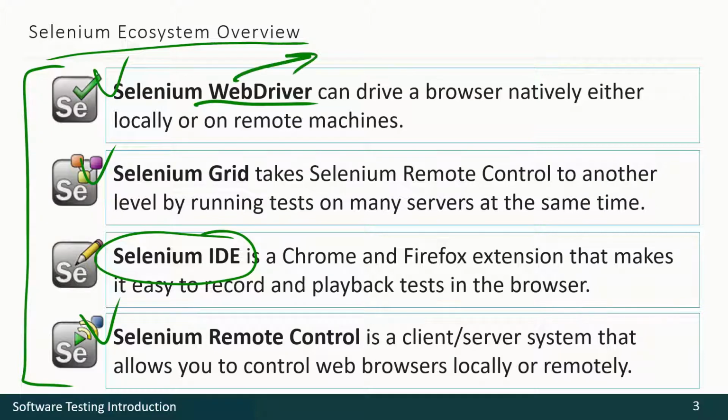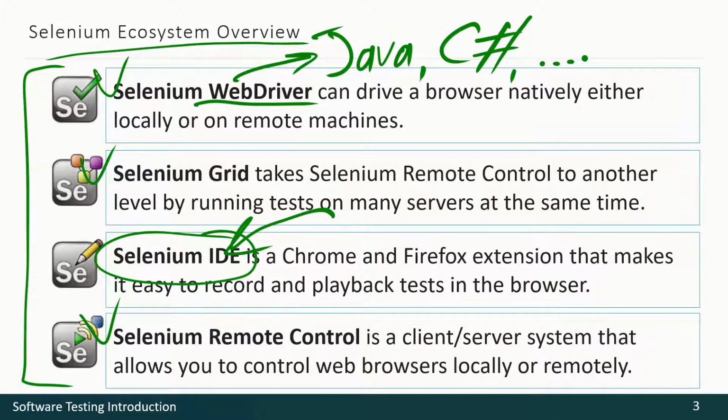But to use WebDriver, you have to write scripts in such languages as Java, C#, etc. Still, with Selenium IDE, we have a much more simplified language called Selenese, and almost no programming. Just a little programming here and a lot of programming with WebDriver. That is why we are concentrating on Selenium IDE.